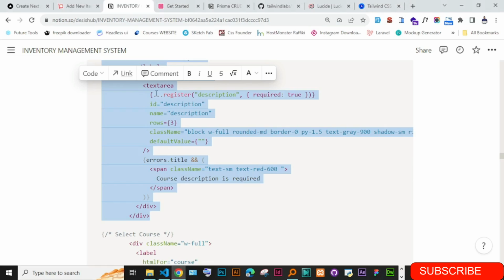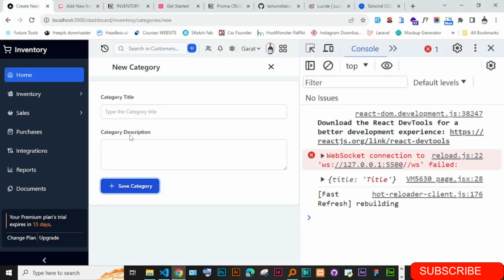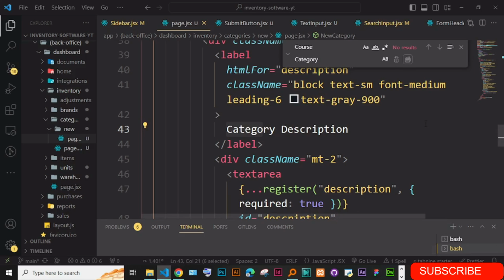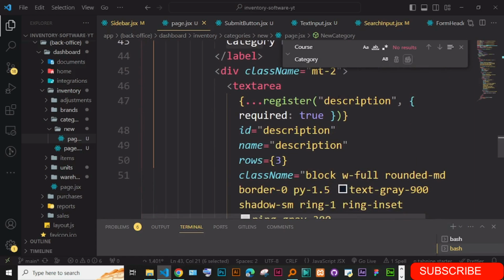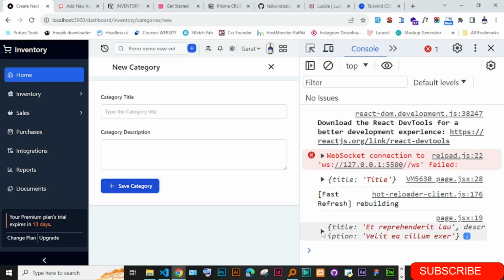Okay, so if I just go back onto this, it should have now a nice category. So you have here the title and the category. Right now we have this, then we have a button, and if you check, it would have the register, and it is description and all these things. Yeah, so I mean, if I just go ahead and I fill in these two now, save, you have the title